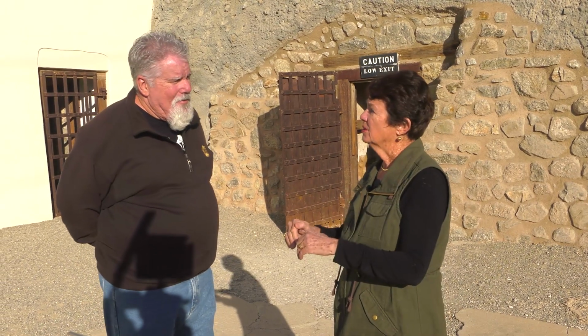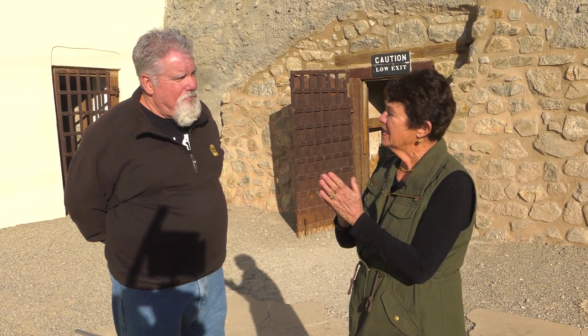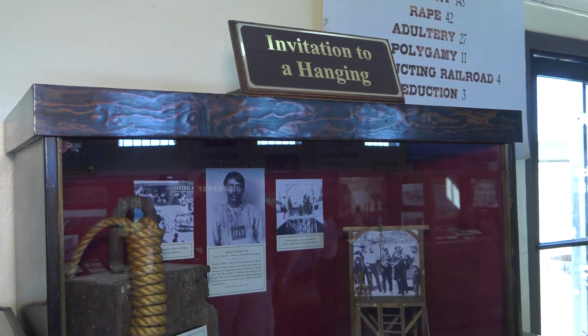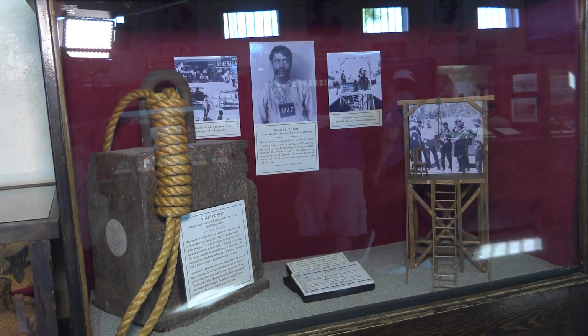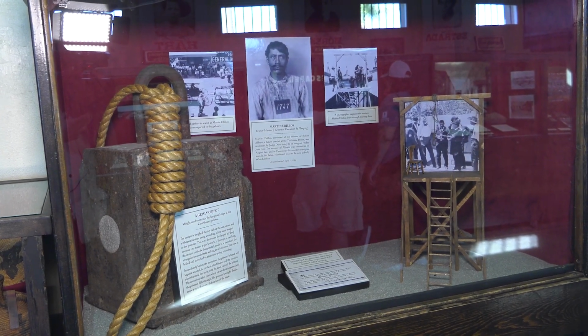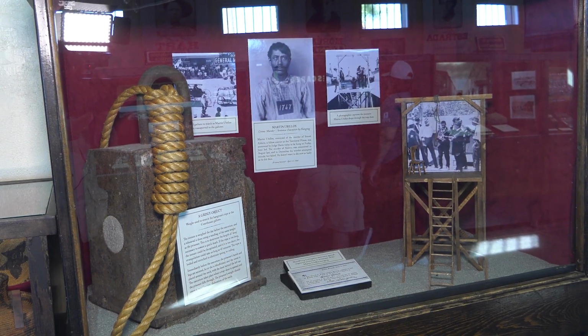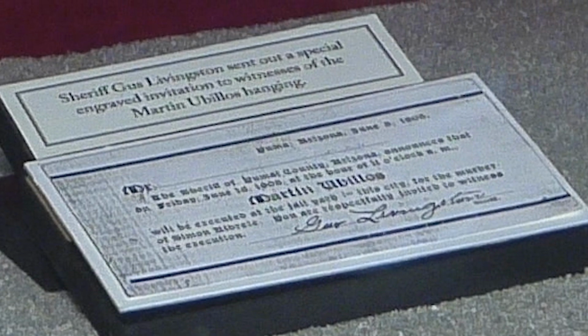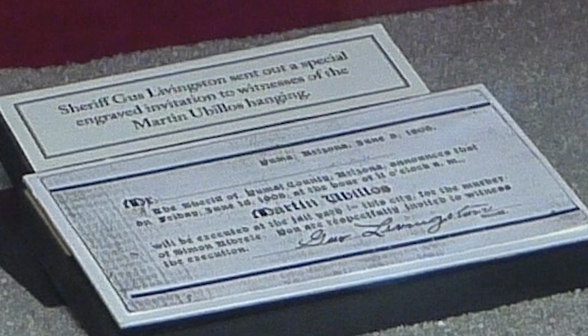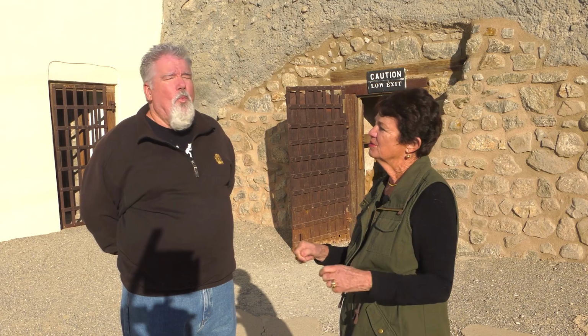Now, this looks like a great place to have a hanging or something. Was there any executions here? No executions here. There was only one hanging, and that was for a prisoner that killed his cellmate. And he was hung at the Yuma County Courthouse. Okay. Like in the town square? Yes, probably. And Sheriff Livingston had engraved invitations, and everyone in the community was invited to a public